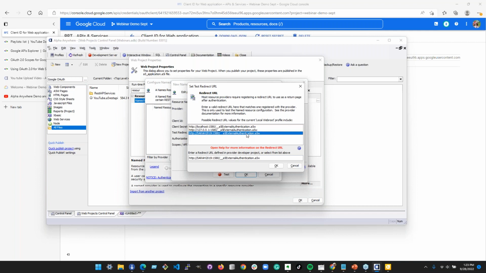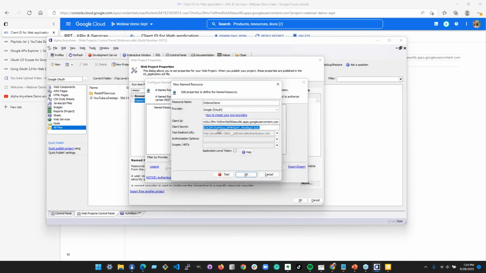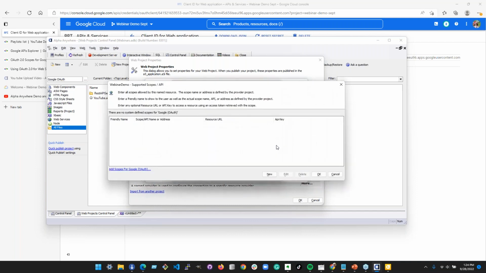We had somebody write in a while back who was using web2cal and it broke, and it was because the system was defaulting to the machine name instead of the localhost, which web2cal requires. And that can be configured in your web project properties. I think it's in the runtime settings. So, well, let's use this one. We'll say that. Test redirect URI.